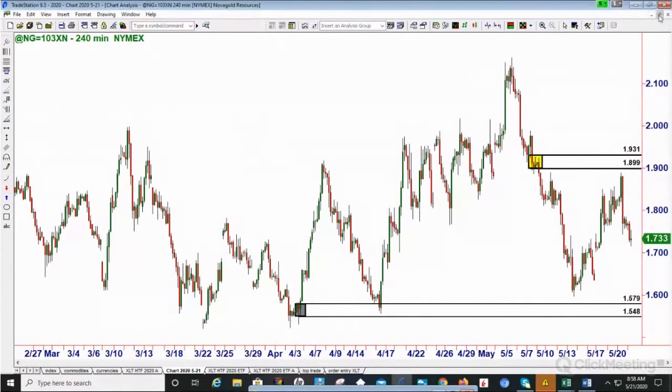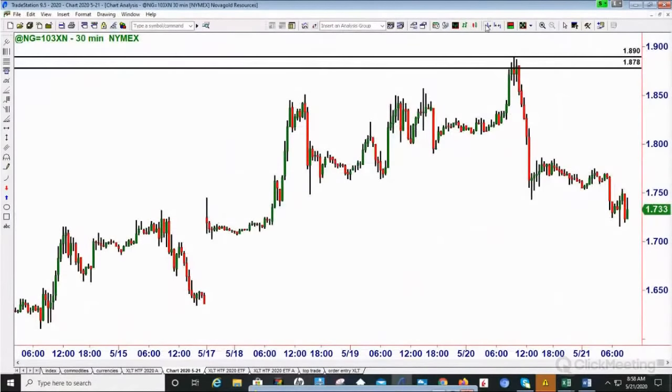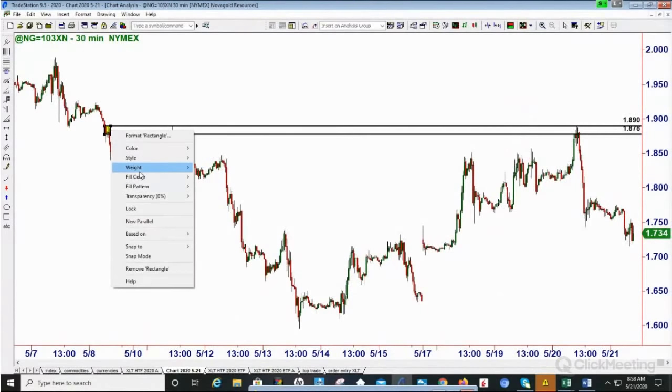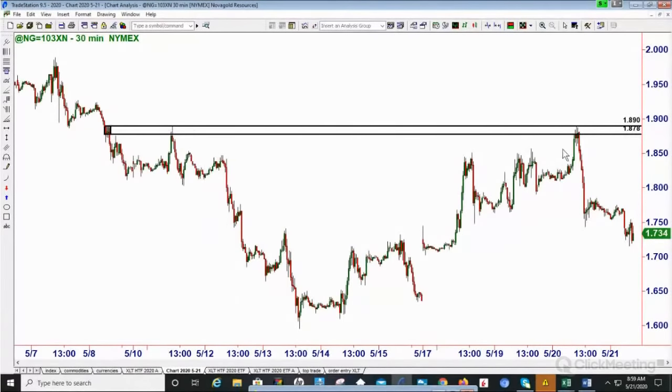It rallied back up to an old level that we did have previously from this area. That actually should have been gray. I didn't get to change it yet. So you can see that it came back and hit it again,